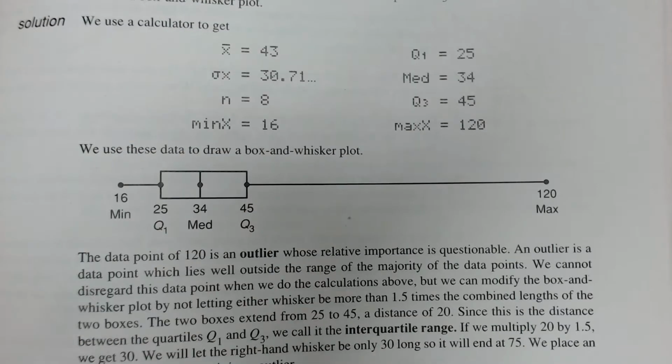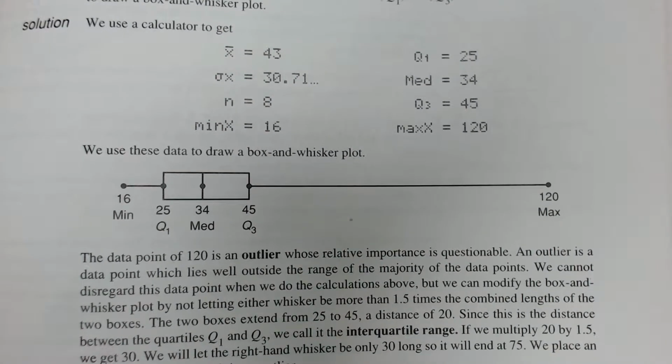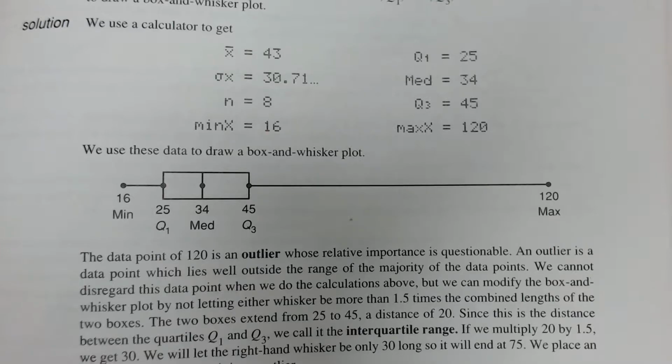Now, the box and whisker plot is next. This is what we call a box and whisker plot, and the box and whisker plot is broken into fourths. That's what I was trying to draw in the previous problem. So for example,